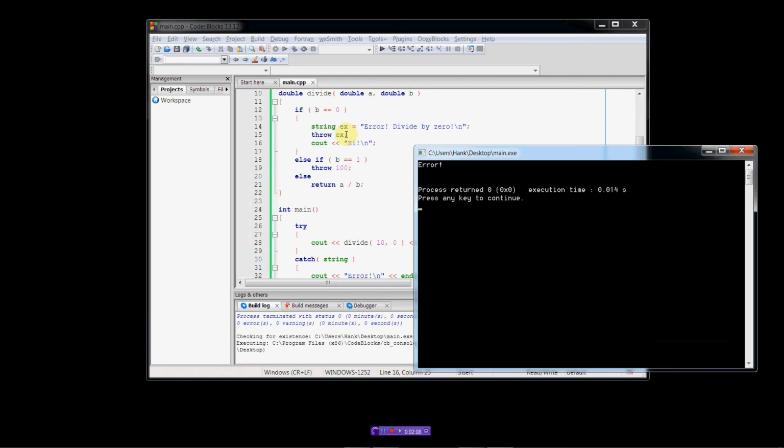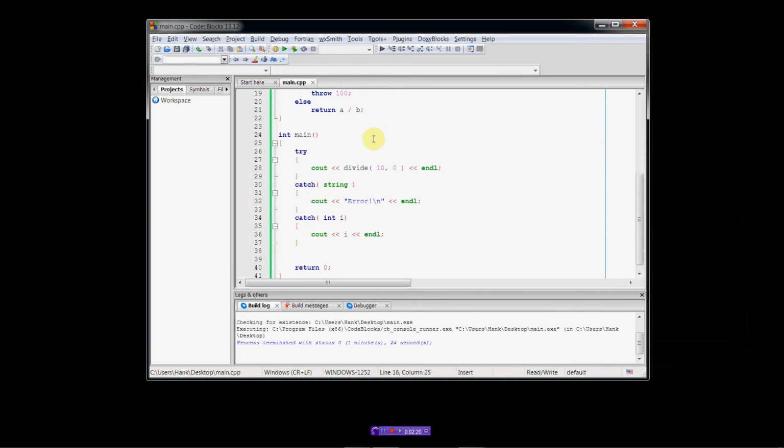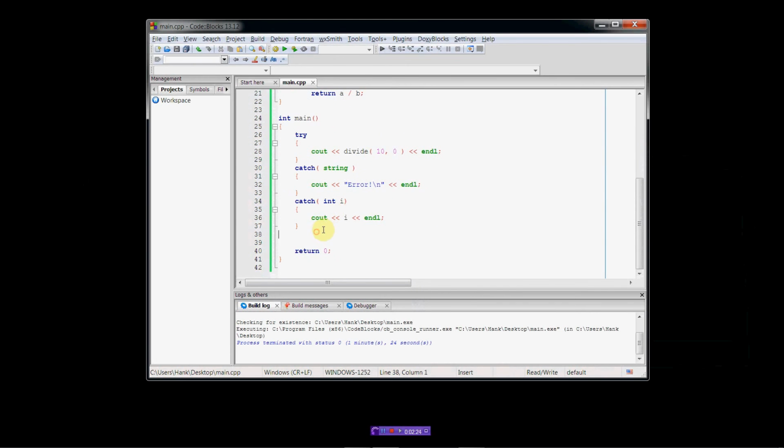So I think the next thing that I want to show you really quick is this idea of nested try blocks. We can have try blocks inside of try blocks inside of try blocks. So let's take a look at that. Also, I should mention,